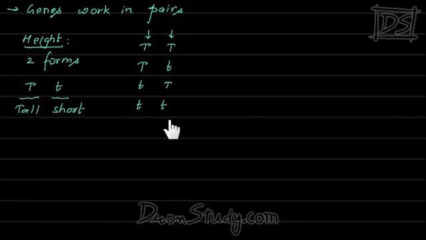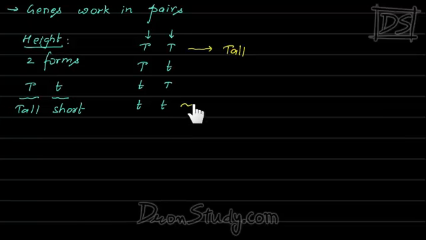So we are discussing the height of an organism. There will be two height-related genes. Either both the genes will be responsible for making one tall, or both will be responsible for making one short, or one responsible for making tall and the other responsible for making short. Now see, if the situation is that in an organism both the genes are of capital T, okay, then both would work towards making the organism tall. So you must have understood that the organism would be tall.